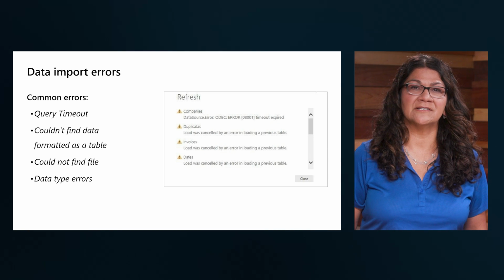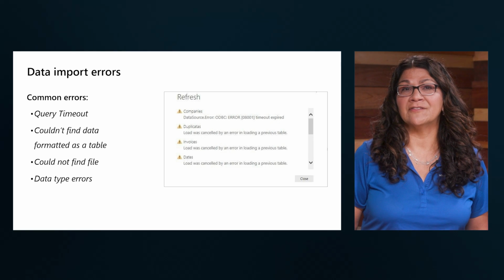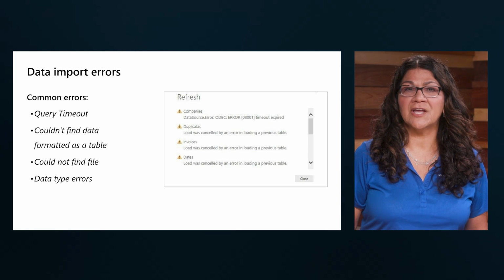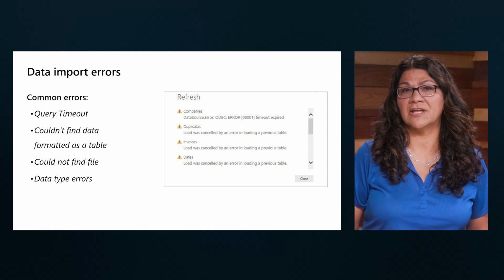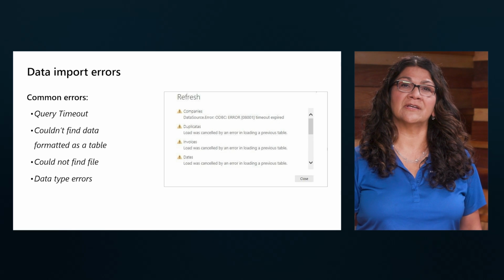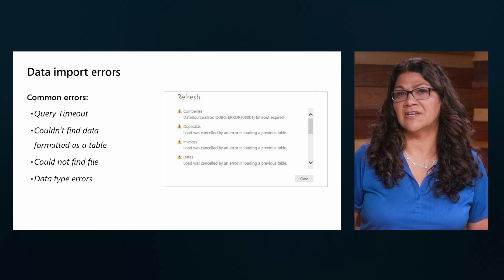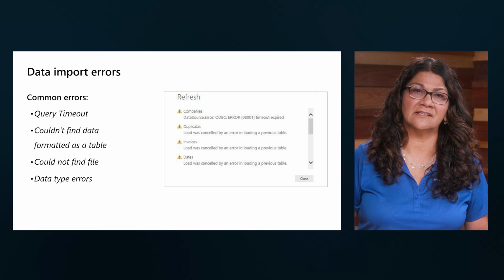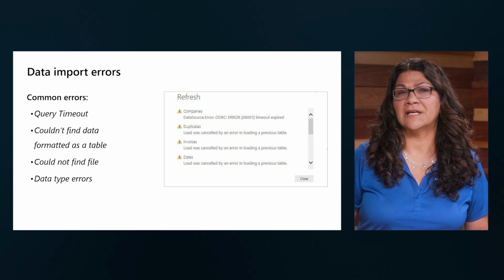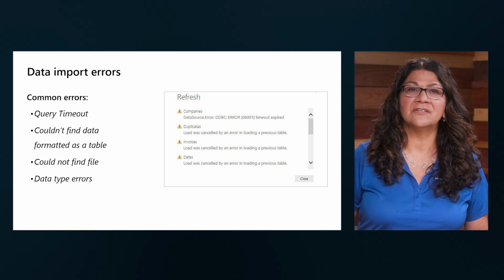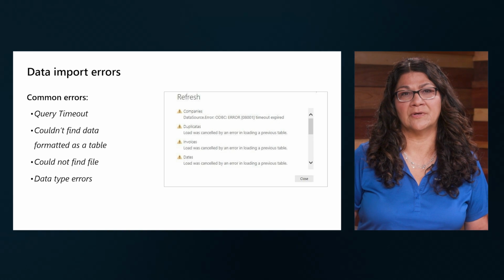Another common error message Power BI throws is that it could not find the file. Data sources may change locations from development into production, and even permissions may have changed too. It is best to store data sources like .csv or .txt or .xls in your organization's OneLake or in OneDrive for Business, or even in SharePoint if possible. To fix this error, simply change the source settings in the Power BI desktop.